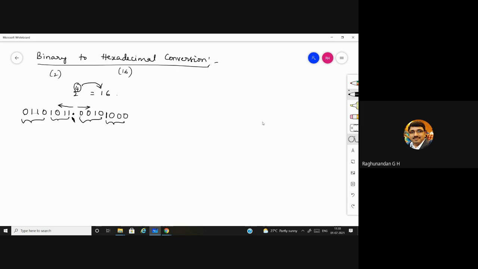After this, we have a code, right? 8421. How did we get this 8421 code? For those who have not followed, it is 2 to the power of 0, 2 to the power of 1, 2 to the power of 2, 2 to the power of 3. If you are taking 4 bits, then you need to go till 2 to the power of 3. If you are taking 3 bits, you need to take the 421 code, which is 2 to the power of 0, 1, 2. Because 2 to the power of 0 gives you 1, 2 to the power of 1 gives you 2, 2 to the power of 2 gives you 4, 2 to the power of 3 gives you 8.